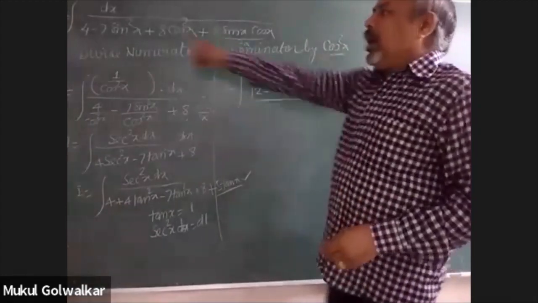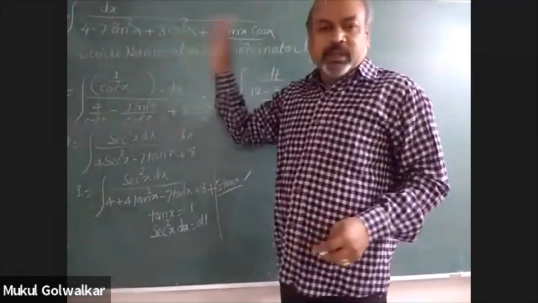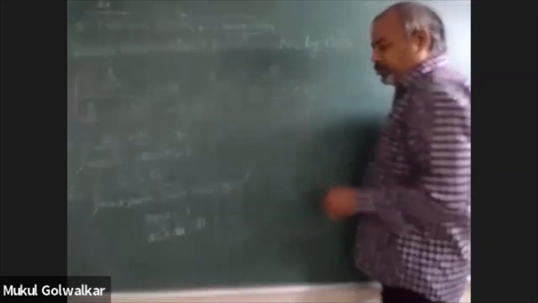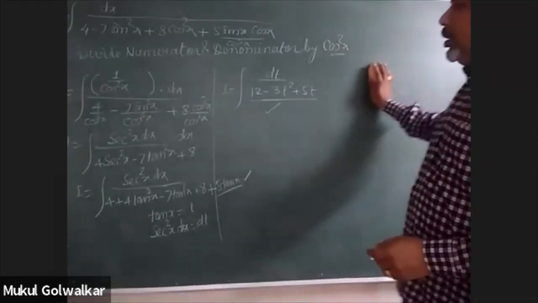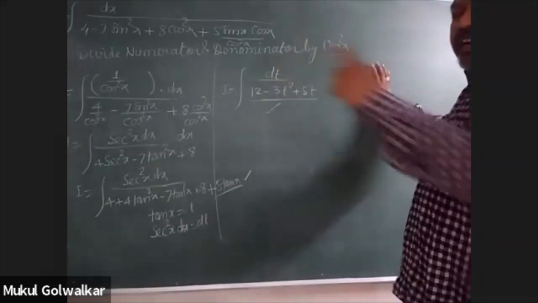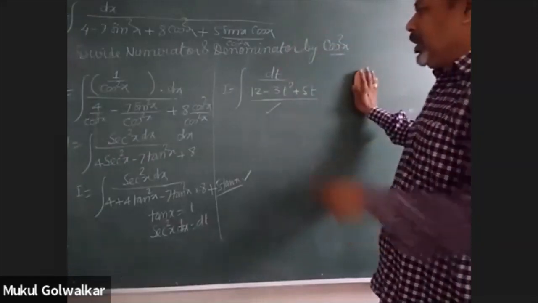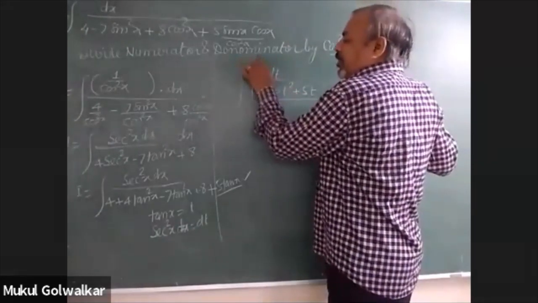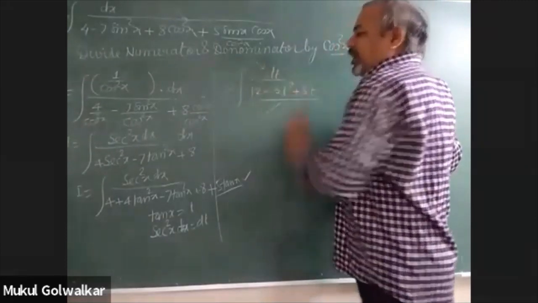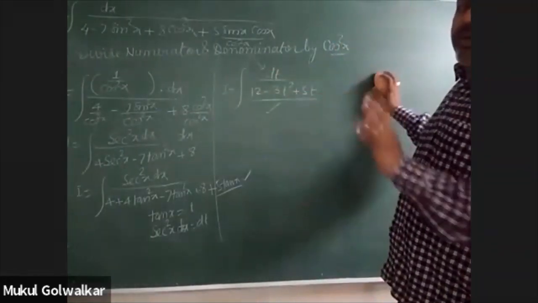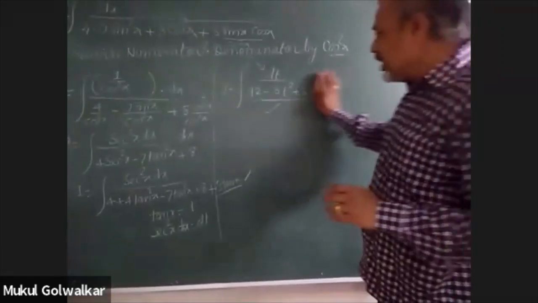Okay. So I hope the second variety what I have written is quite clear to you. Yes, sir. You will be able to solve this question further. Okay. So now all those varieties what I have written, which were to be converted in the form of dx upon quadratic, those varieties are over. Yesterday's your question.